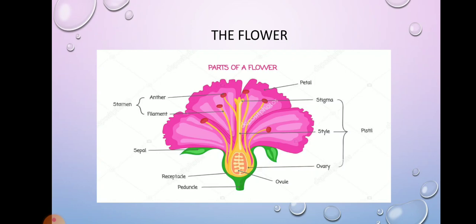Okay, then we have carpel, which is the female reproductive part of a flower, and this carpel is again divided into a swollen part at the base of the flower, which you can see, called the ovary, and a long stalk-like structure which is known as style, and a small expanded part of the style which is called stigma, which is present at the top surface of the carpel. Okay, so it's been divided into stigma, style and ovary. So commonly, together it's known as pistil. It is the female part of a flower. All of you have understood this?